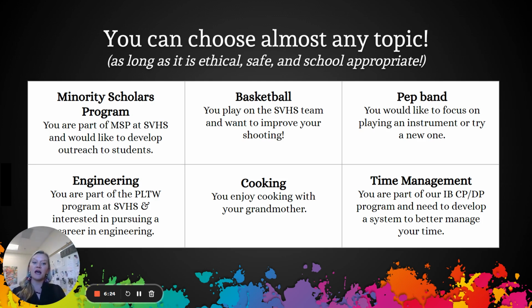You're working on your shots or you're trying a new instrument. If it's something that you're interested in, like engineering, and you're part of Project Lead the Way, you could choose an engineering project that you've always wanted to try. If you like cooking, you can cook with your grandmother and formalize that process through the project. And if there's an area of growth, something that you need to improve as a student or as a person, you can choose that. So if you're part of the IBCP or GP program and you need to work on your time management skills, you can focus on developing a system that works for you for time management as your